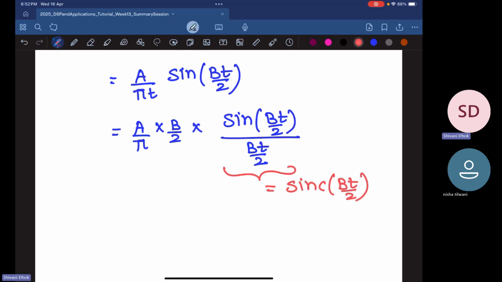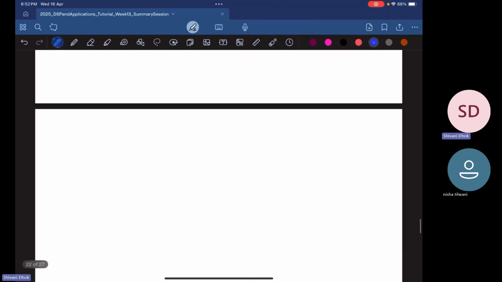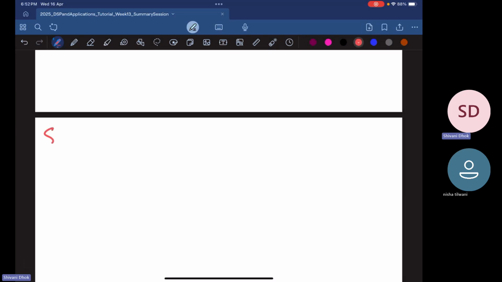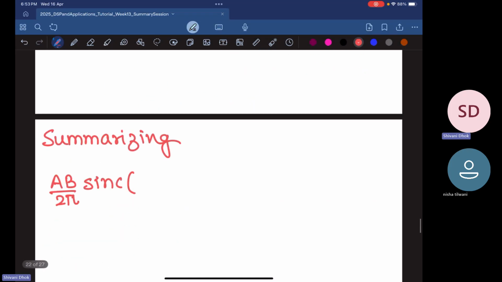Okay, so what do we get now? Finally, we get ab over 2 pi into sinc of bt by 2. So if I summarize this, summarizing, if I have ab over 2 pi sinc of bt by 2